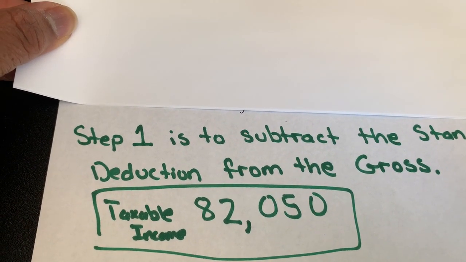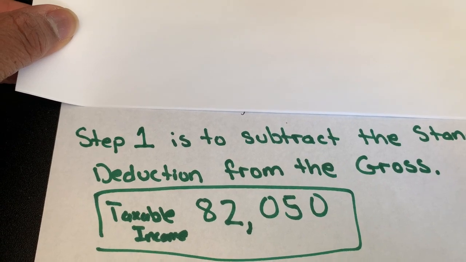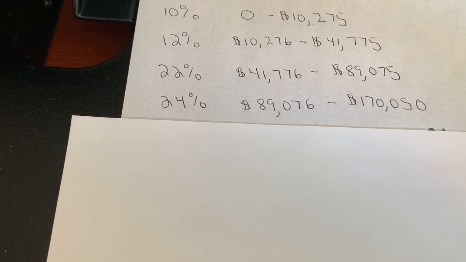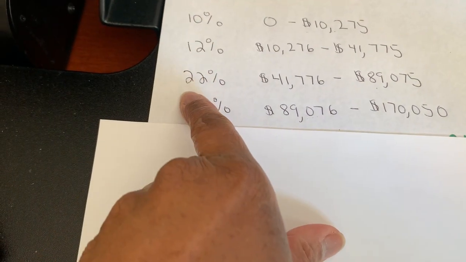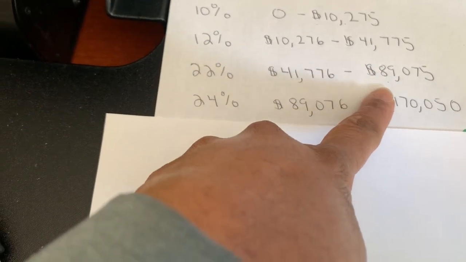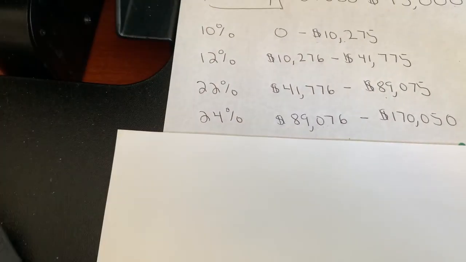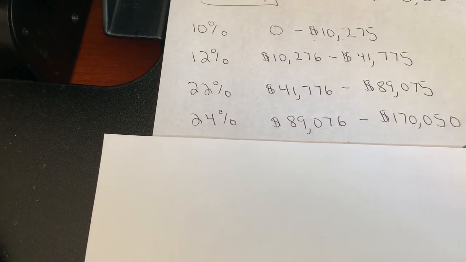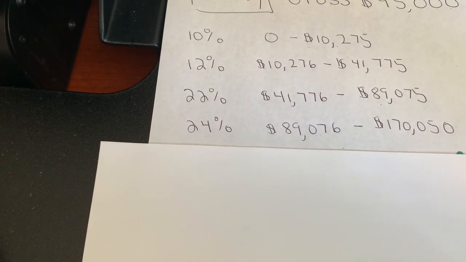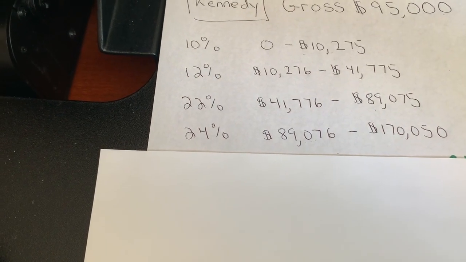So now we have to see what tax bracket $82,050 falls into. Well, $82,050 will fall into the 22% tax bracket. So 82,000 is between 41 and 89,000. What we are not doing is taking 22% of 82,000. That is a misconception, because what we're going to do is take